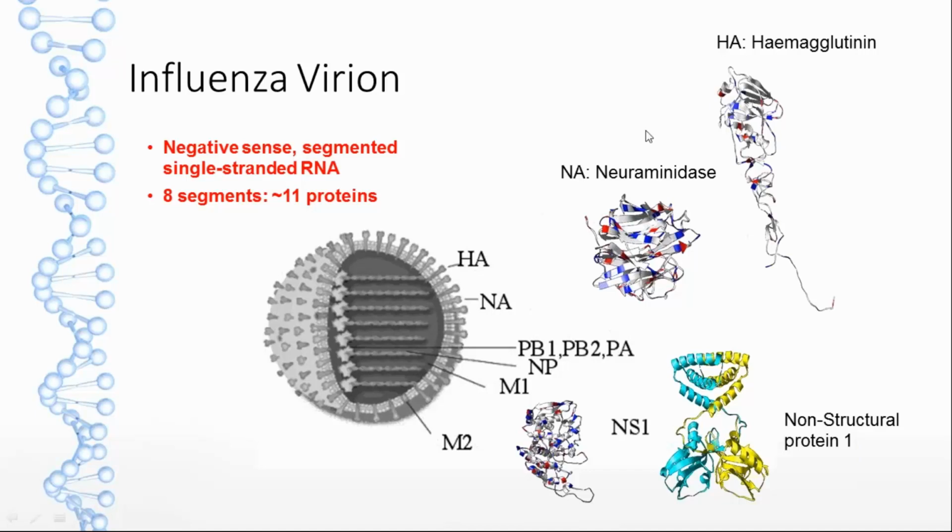These are the hemagglutinin for the H and the neuraminidase for the N. Of course, they are serologically important, and the host immune system responds to these specific surface proteins, and that's why there's this classification of H1N1 or H5N1 of the